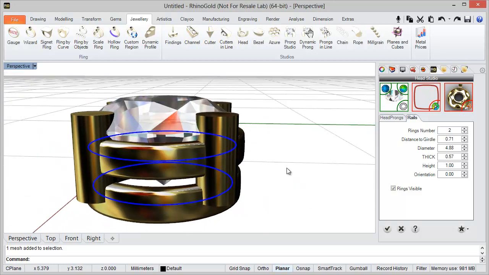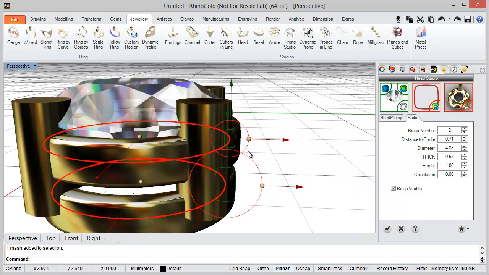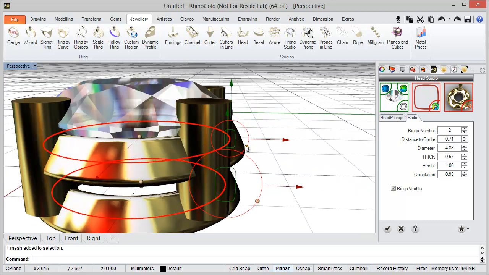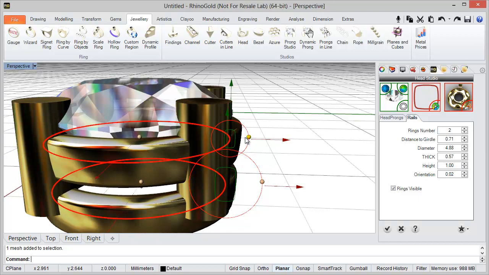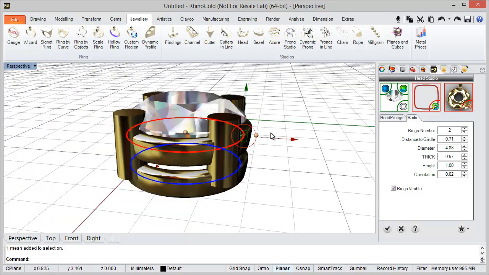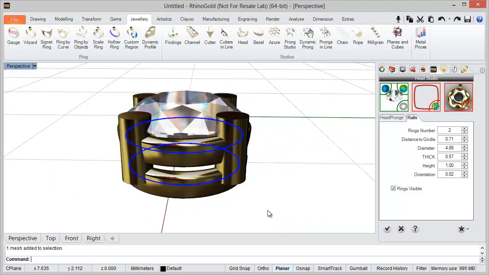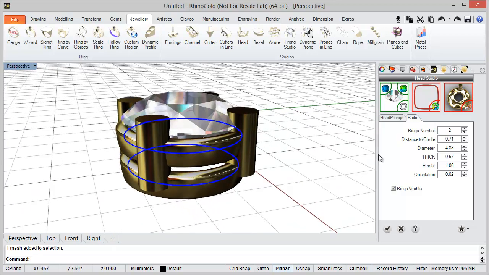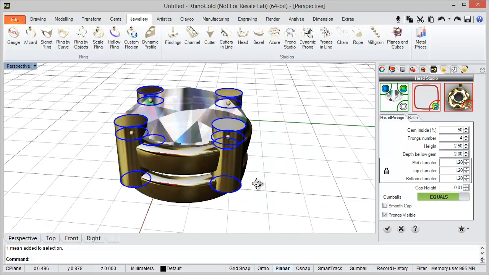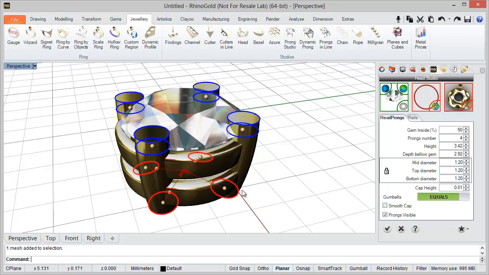and of course I can as well rotate the rails. Remember, one click just to edit one, and click with shift to select both. To get back to the prongs, change the tab, and we are working with the prongs. For example, to change this to here, and